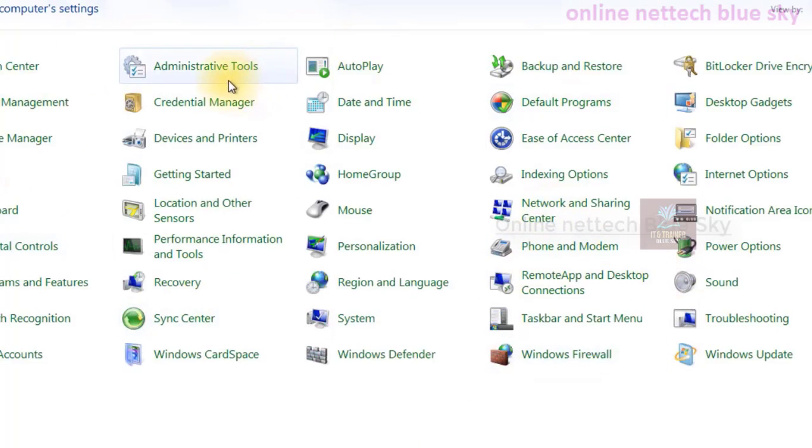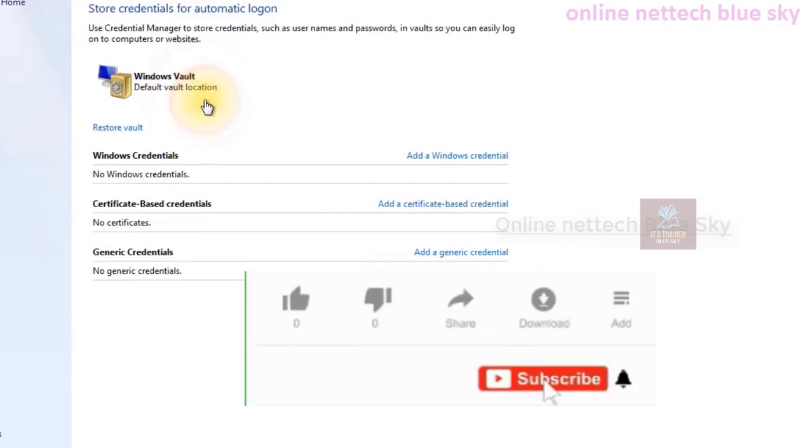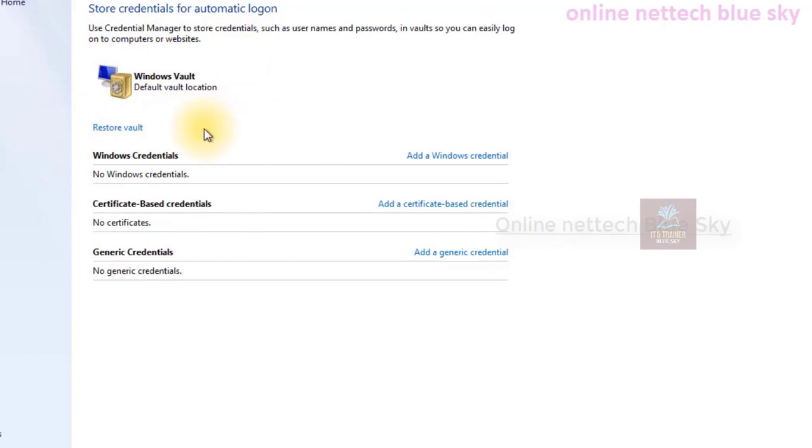Why is Credential Manager not showing anything? Because I have not entered any information, and I have not joined or received other computer files here, because on Windows 10 I already created the shared folder setting, and I have not entered the Windows 7 username and password for Windows 10.